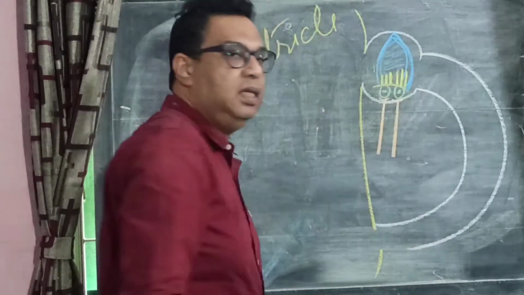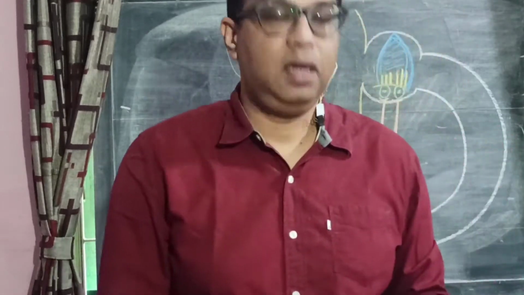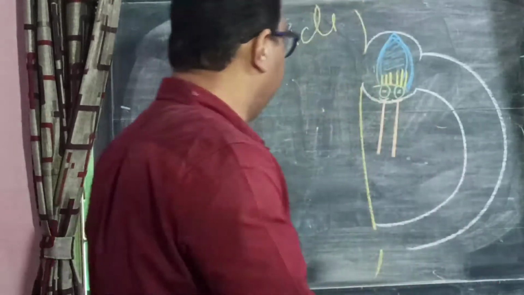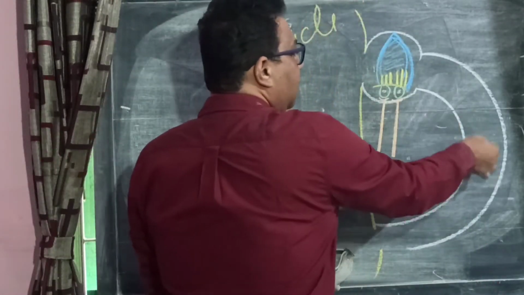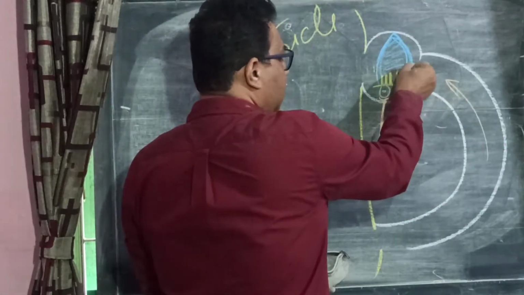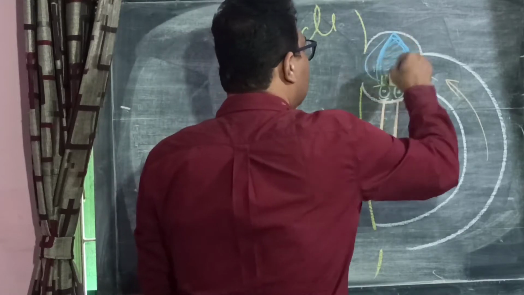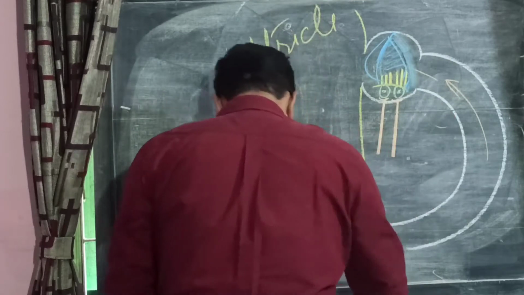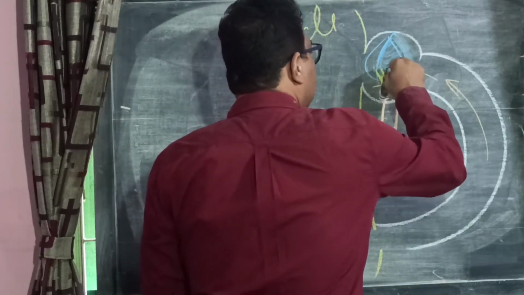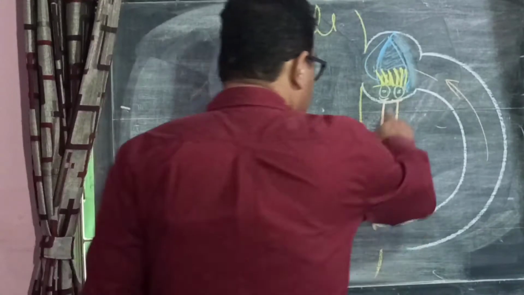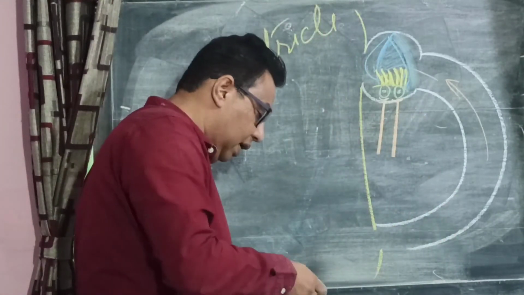Now what happens is that when you turn your head from side to side or front to back, when you pitch, when you yaw, or when you roll, the fluid here, because of its inertia, will displace this cupula. So the cupula will be a little displaced. This displacement of the cupula also displaces the hair cells, thereby either giving rise to hyperpolarization or depolarization and signaling the vestibular nuclei.